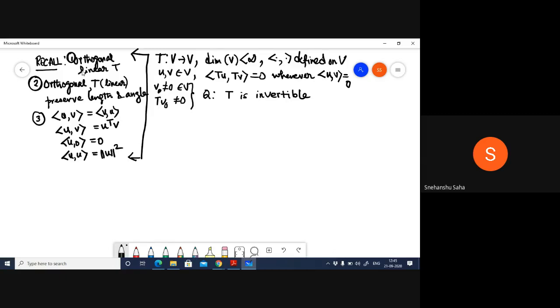So I think the sketch or the idea is this. Showing T is orthogonal is probably a little bit too much of an ambition. So what I'll try to do is show that T is a scalar multiple of an orthogonal transform.